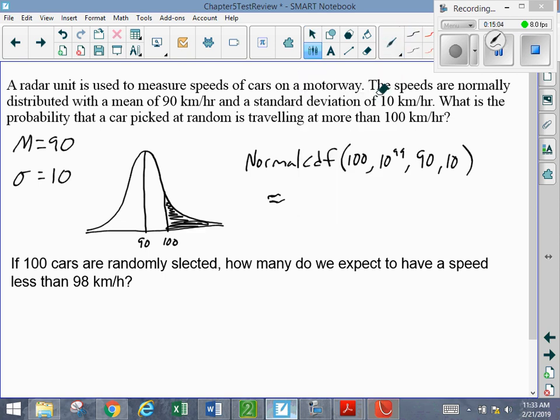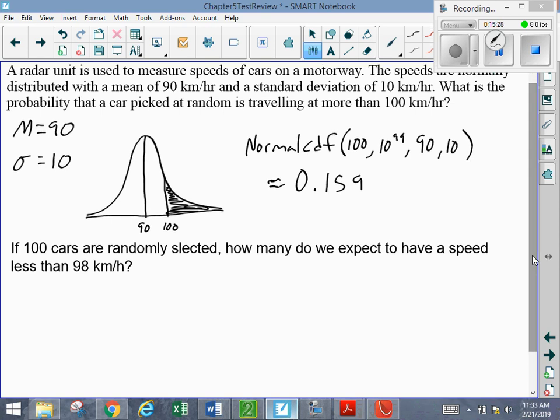So if we were going to put that in context, we would say around 16% of cars, or there's a 16% chance that a car picked at random will be traveling more than 100 kilometers per hour. Now on this next one,